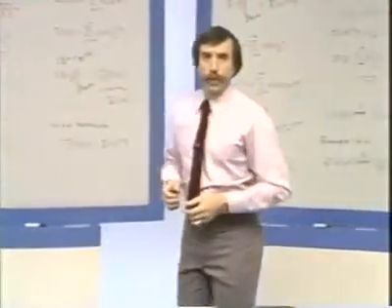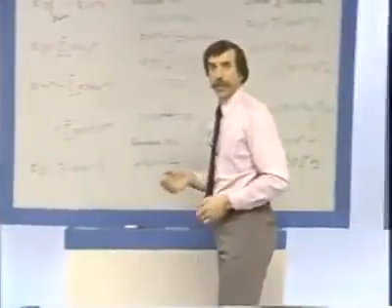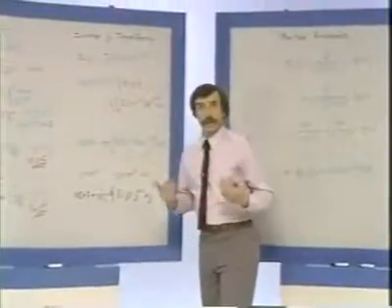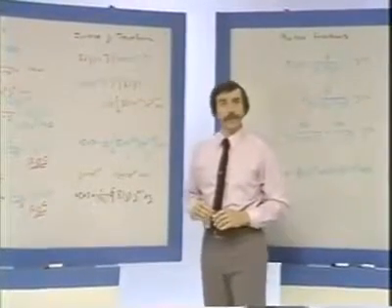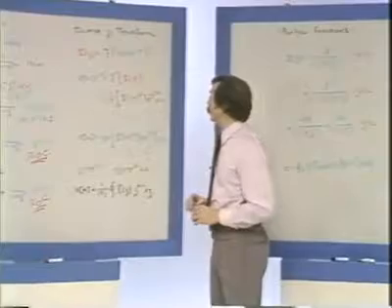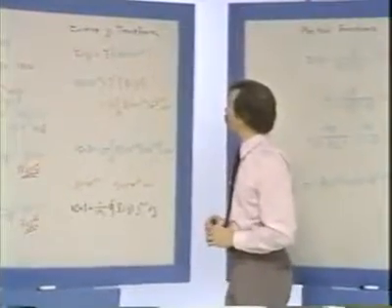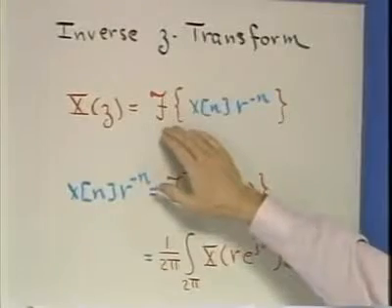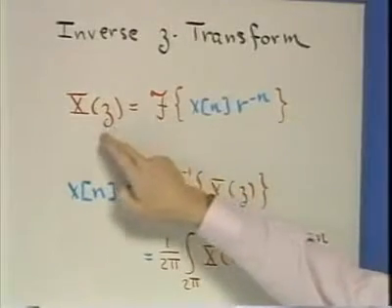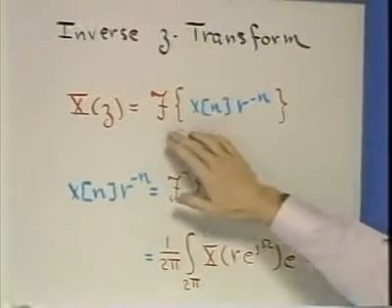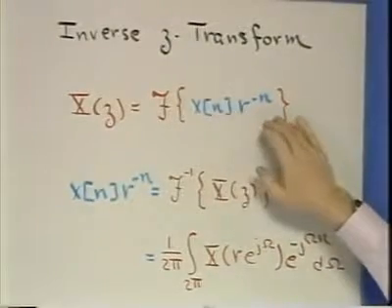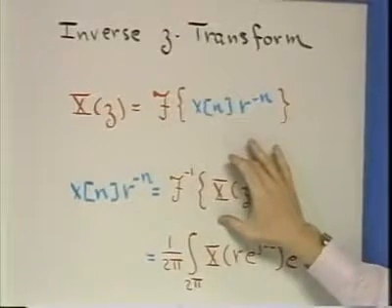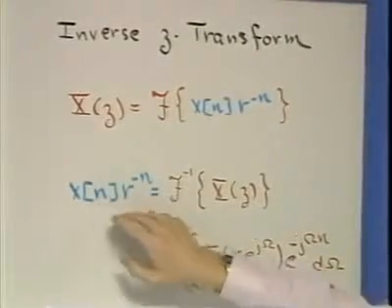Well, we can first of all develop a more or less formal expression, and the algebra for this is gone through in the text, and you went through something similar to this with the Laplace transform in the video course manual, so I won't carry through the details. But basically, what we can use to develop a formal expression is the fact that the z transform is the Fourier transform of the sequence exponentially weighted.